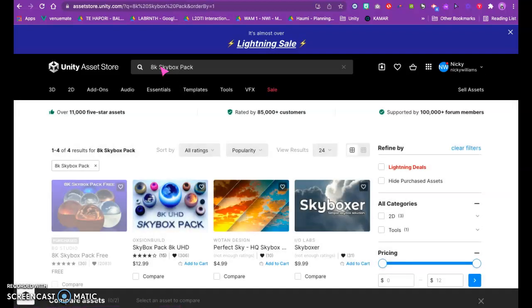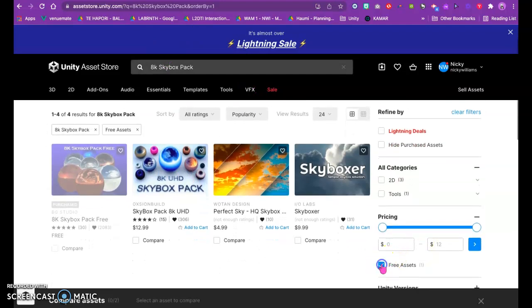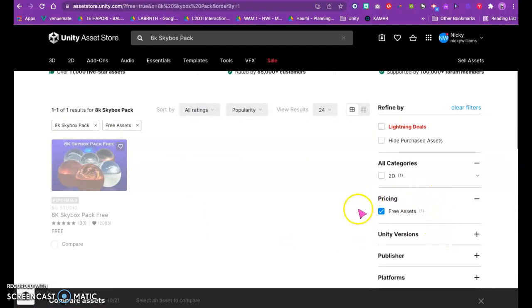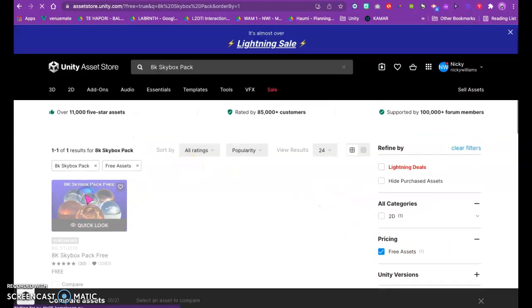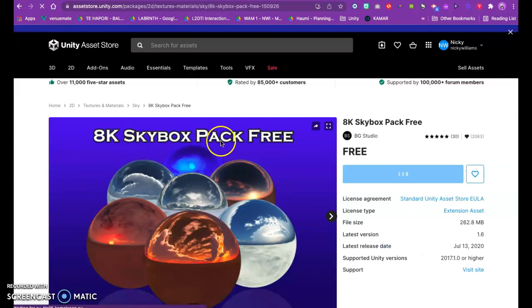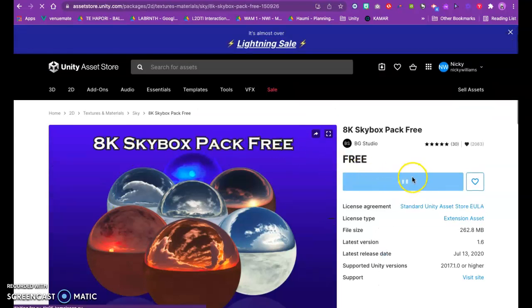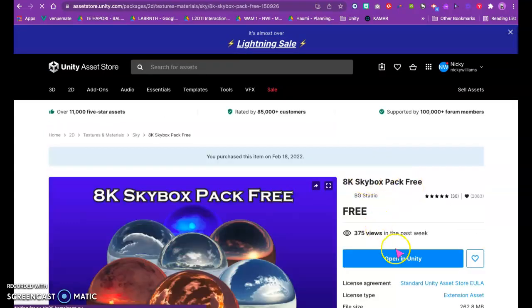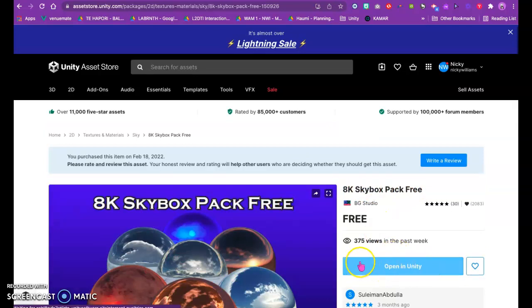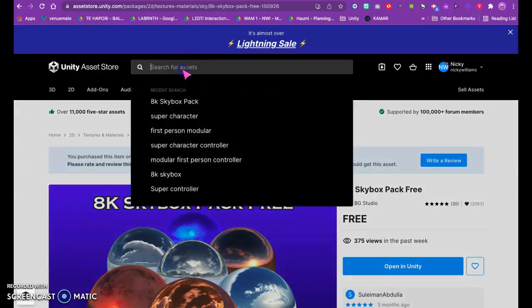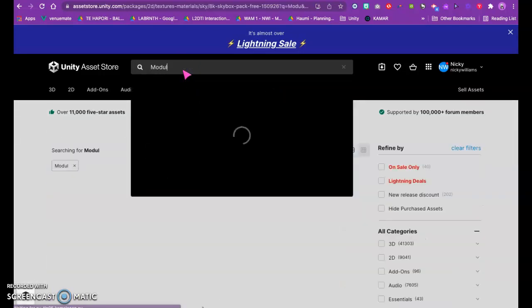So do a search for that in your search bar. And just make sure that you have clicked free assets, because remember, we're doing free assets. We don't want you to have to pay anything. And here you can see it here, 8K Skybox pack free. Now if you haven't already added it to your assets, you press add to assets here. Okay, and then the next one that I want you to add is the modular first person